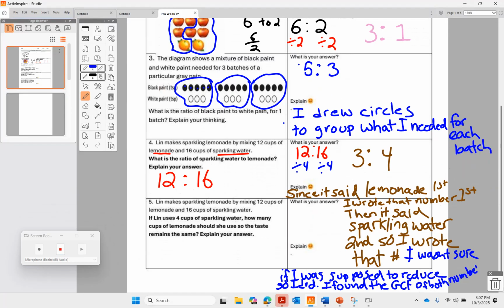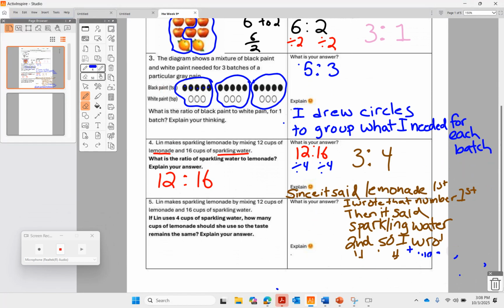Okay, I'm going to erase some stuff here. So I wrote, since it said lemonade first, I wrote that number first. Then it said sparkling water second, so I wrote that number second. I wasn't sure, this is where I'm at, if I was supposed to reduce, so I did. I found the GCF of both numbers. And I'm going to erase a little bit here. And once I found the GCF of both numbers,